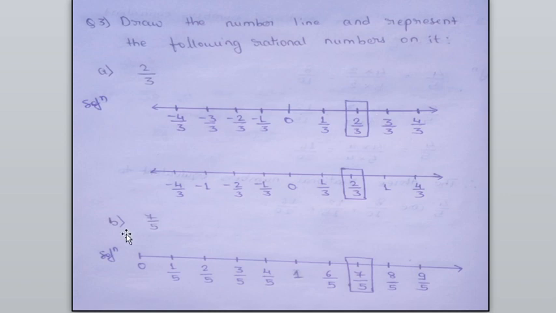Then the B, it is given we have to place 7 by 5 on a number line. So 7 by 5 is a positive number, so no need to write the negative integers here, because it is given that we have to place 7 by 5, which is positive. So I am writing here the number line only for positive numbers. So consider it as a midpoint, that is 0. I am not presenting here the left hand side, I am presenting only the right hand side.